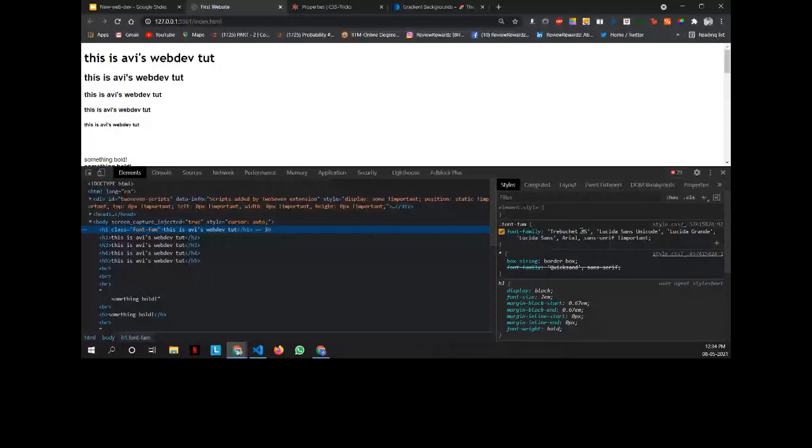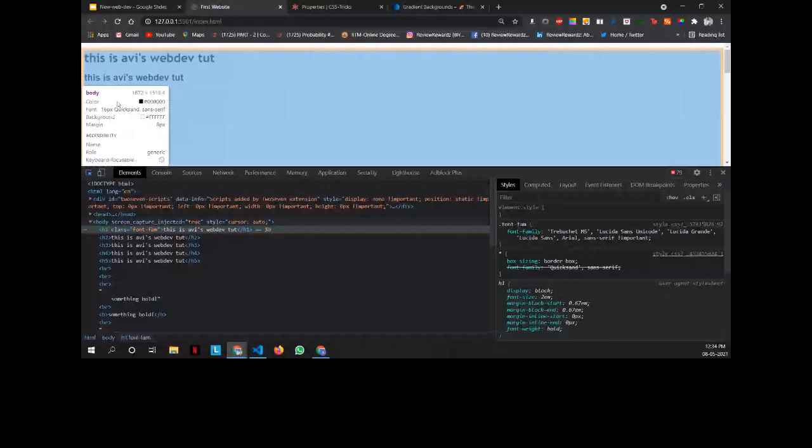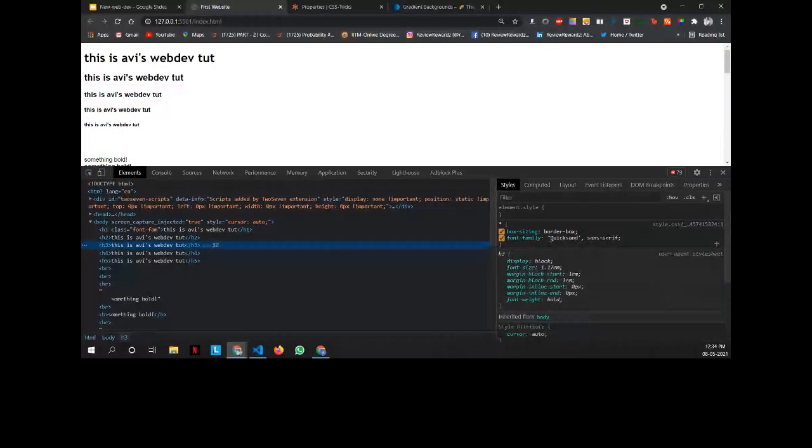And if we check the H2 tag, you can see it has the font family as Quicksand. So that means it has been applied properly. I don't know why the change is not visible. I feel the change is there, but it's not that visible. So the font is changed in this manner here.